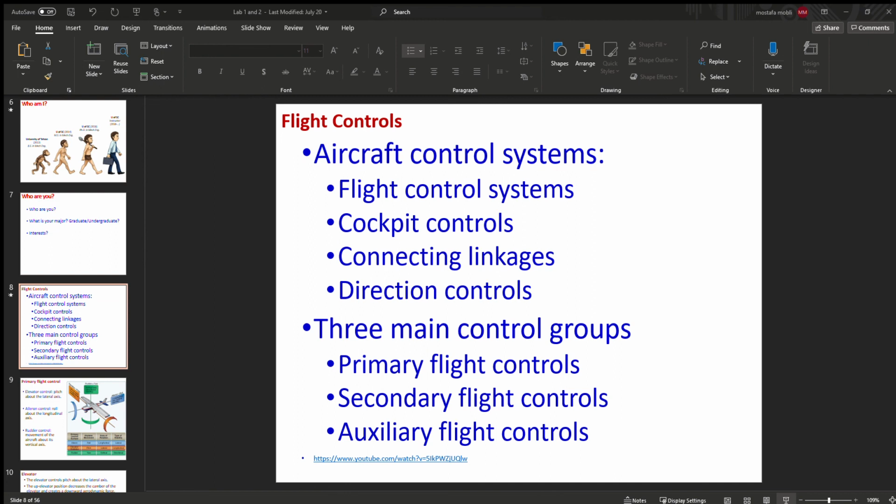So you control the elevators by moving the stick in these two directions, front and back. When you push it forward, the aircraft is gonna go down, it's gonna pitch down. If you pull it toward yourself, the aircraft is gonna go up, and you will see this in the flight